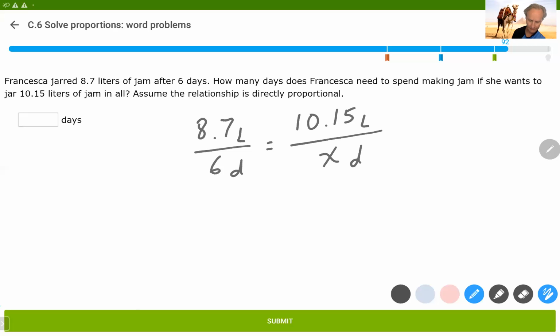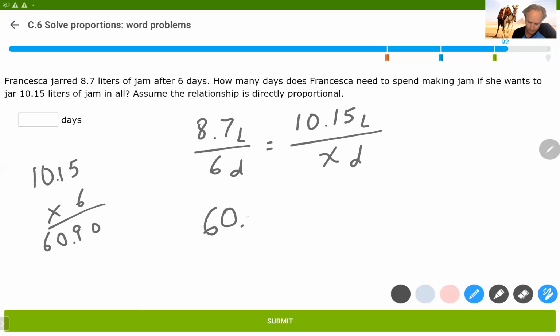We'll go ahead and multiply those. That's going to be 60.9. Is it 69 or 60.9? I better multiply it on the side. 10.15 times 6, 0, 9,